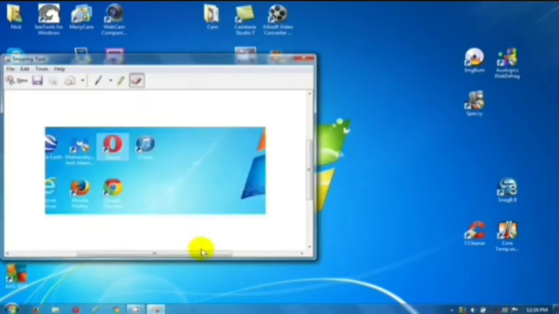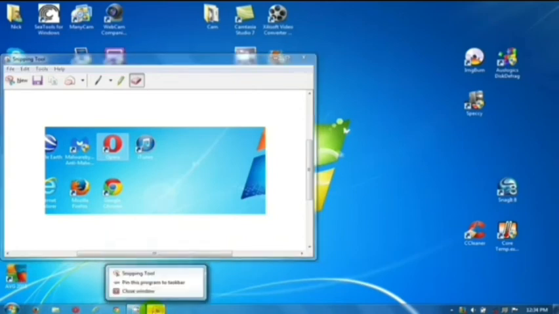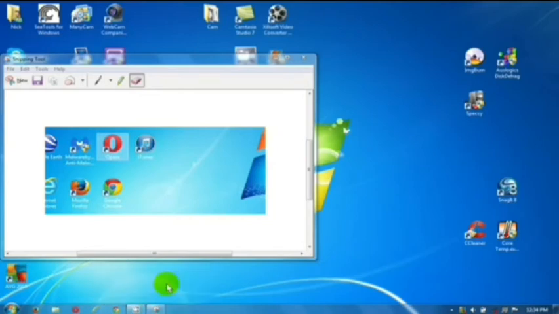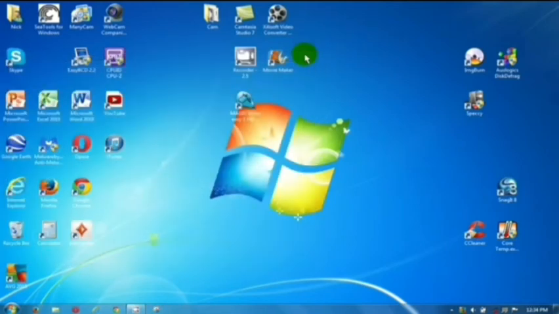Now you can see on the screen how we have taken a screenshot on the laptop. After taking a shot, we have saved it with some name. After saving it, we can use it further in other documents as well.